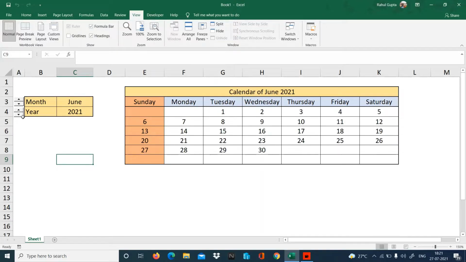So this is how we can make a calendar. Again I am telling you, this is not having any specific production value. This is just to see how we can merge the functions together and create a complex function, and how we can work on it. So thank you for watching this video.